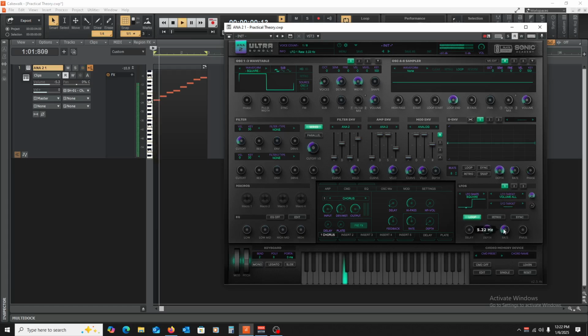We do square. You can also control other parameters with it. So I hope you're kind of understanding this.